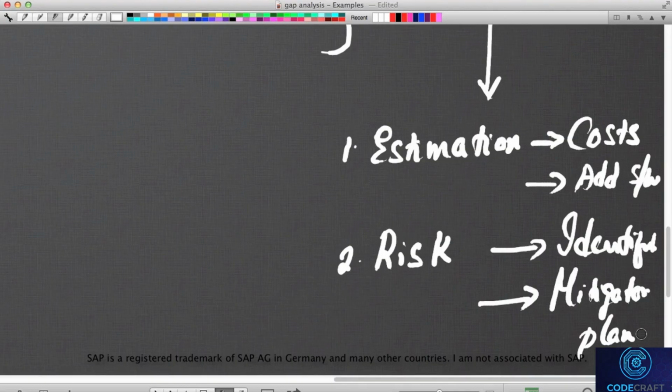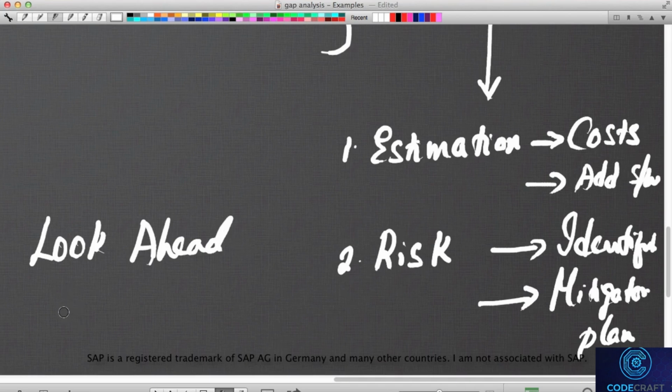For example, there are some things that cannot be done in SAP no matter what. One such example is in one of the projects that I've done. They asked for what is called a look ahead feature, which means at the line item level of the sales order, the users say as soon as they start entering that material, like the first two characters or whatever, SAP should automatically pull the rest of the characters and the descriptions